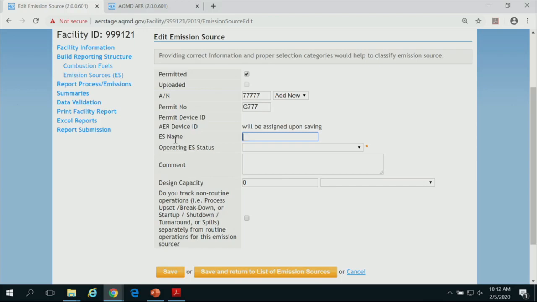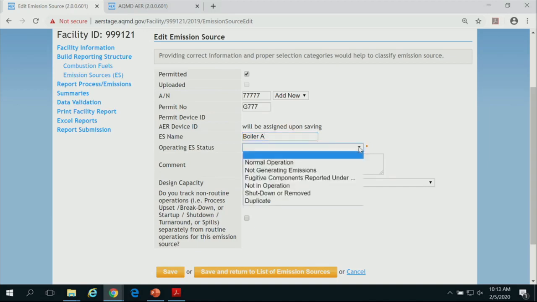It's not a name that you use on a day-to-day basis for that boiler. You may call it boiler A. So then this field allows you to put that custom name in. So when you look at your tool, you can recognize your piece of equipment based on the nomenclature that you use at your facility. Let's say I call it boiler A, and then you need to indicate the operating status.